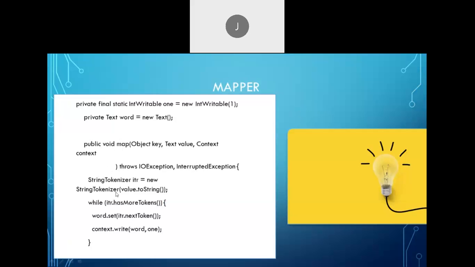Here you will rewrite the mapper function. Here what I am doing is each of the words from the file, we will tokenize it and we will store it into an iterator. The iterator will keep looking for next items. Okay, and then it will write it to the context. The context is nothing but the